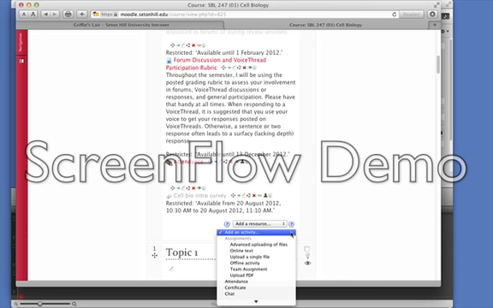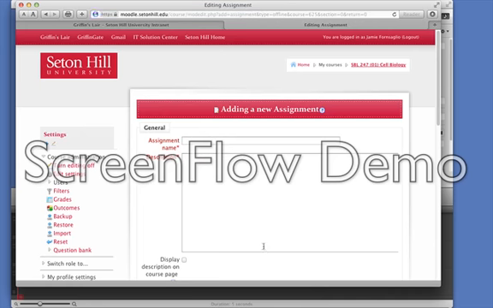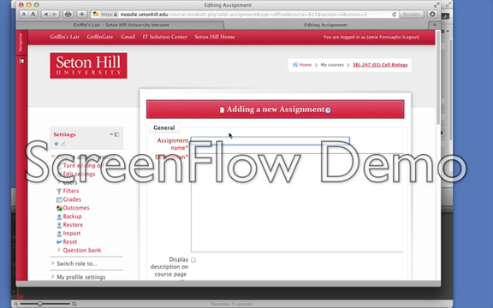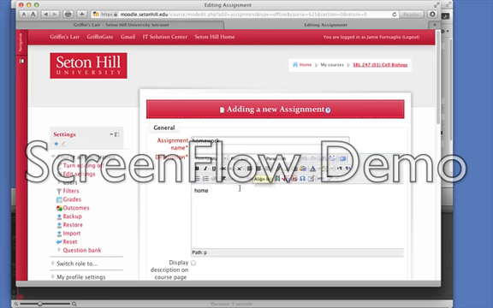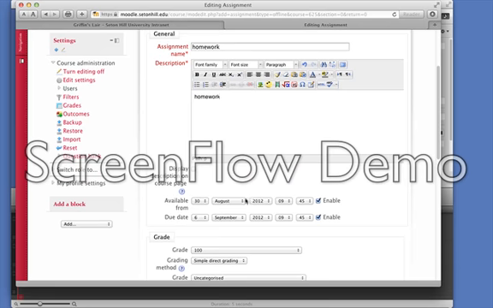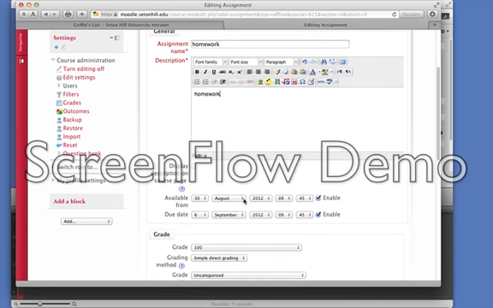So add an activity. I'm going to add upload a single file and make the students upload an assignment. Okay. I don't do any of that. Okay, well, how about just an offline activity, if they hand in a hard copy of the homework? Okay, offline activity, call it whatever you want. Homework. And then you know how to do all this stuff. Available from, when it's due, all that stuff.